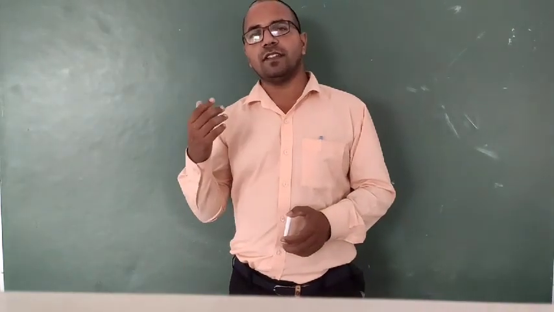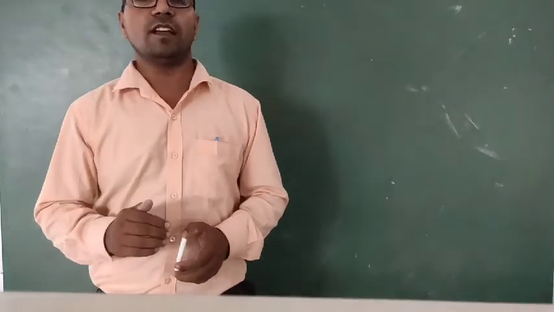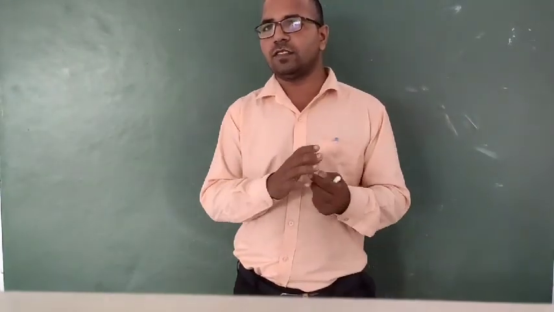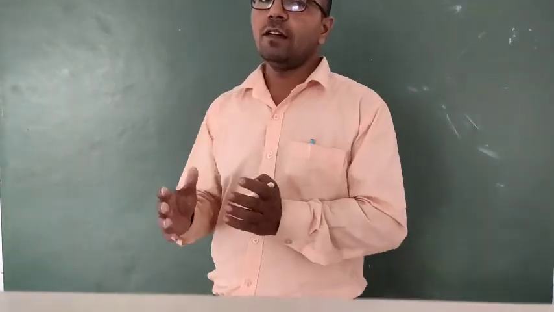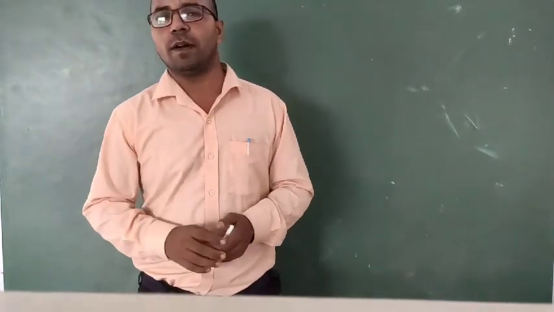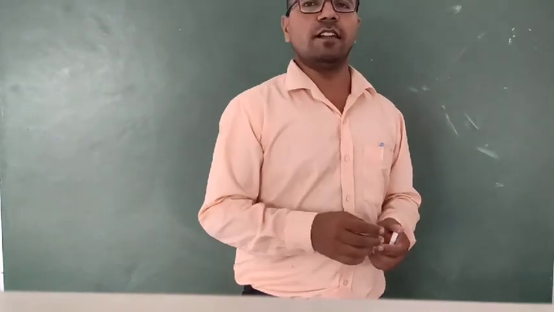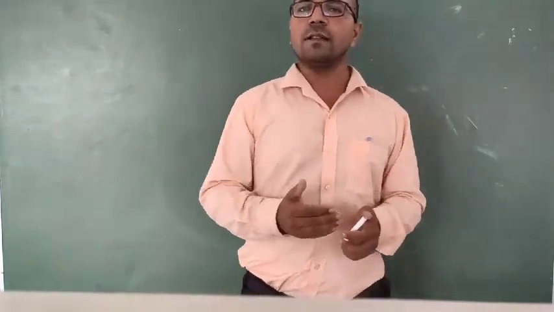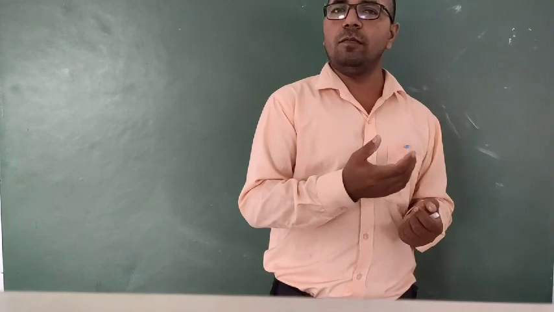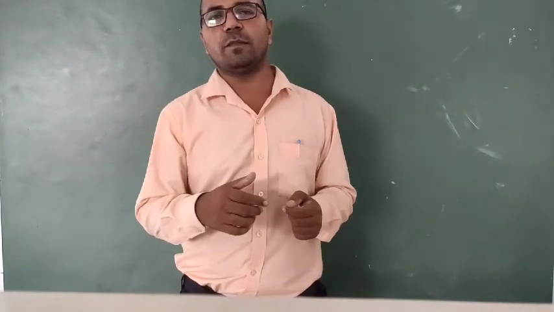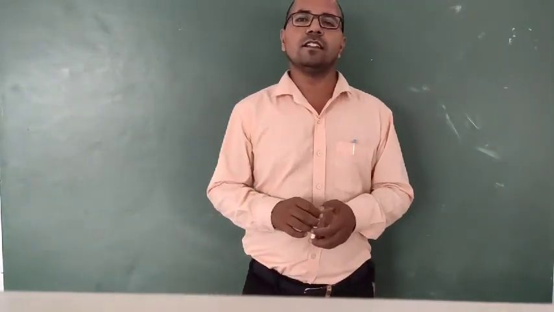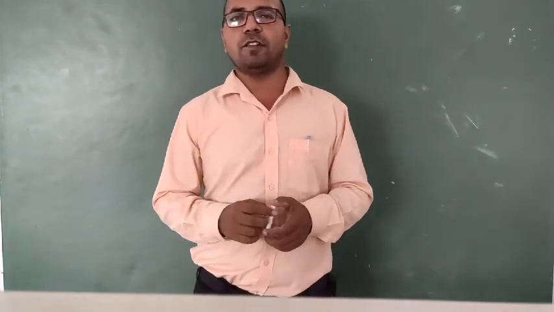Now students, in the same way, if we are talking about a plus b whole to the power 4, you might think to make a plus b whole square, and again a plus b whole square, and then do the multiplication. Whatever you get, that is the answer. If we talk about a plus b whole to the power 6, you would say a plus b whole cube into a plus b whole cube, do the multiplication, and whatever we get will be a plus b whole to the power 6.